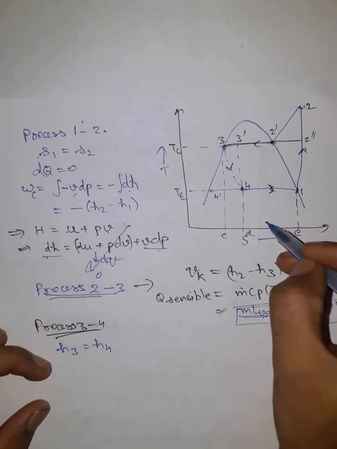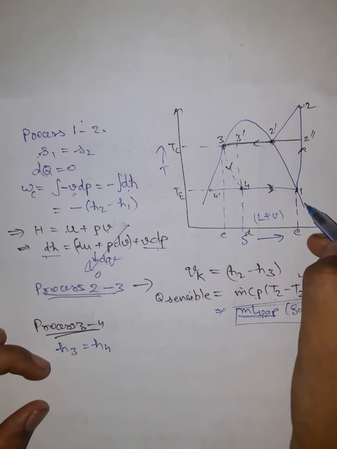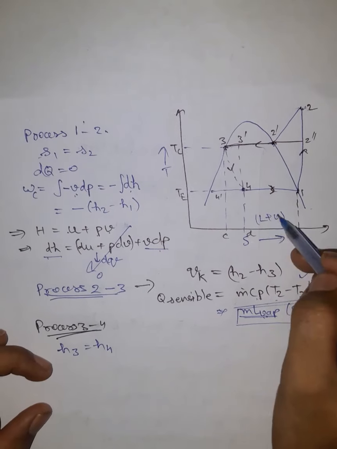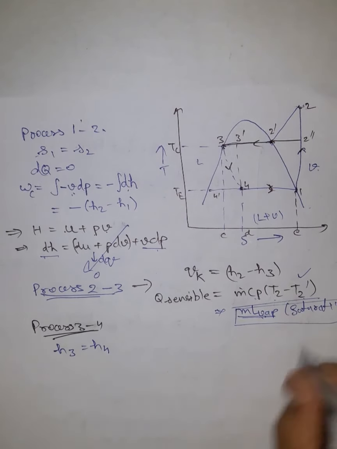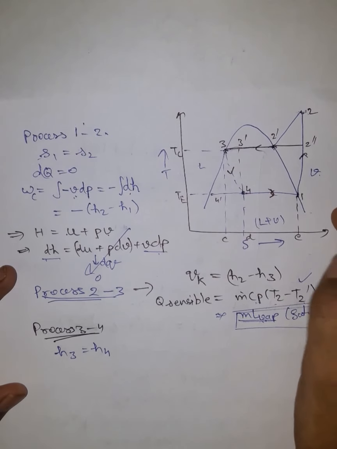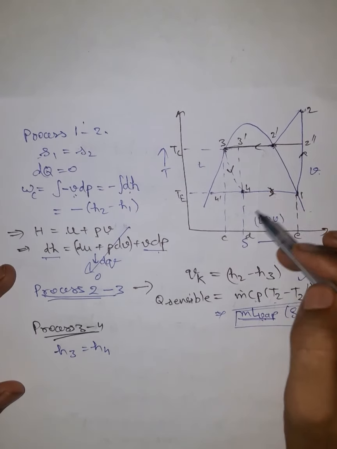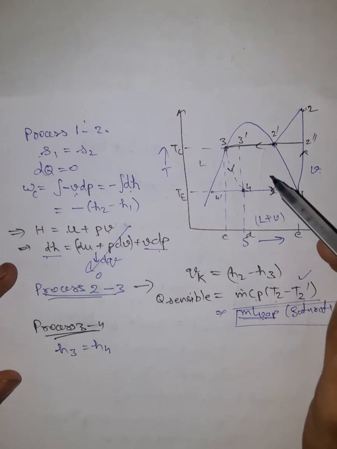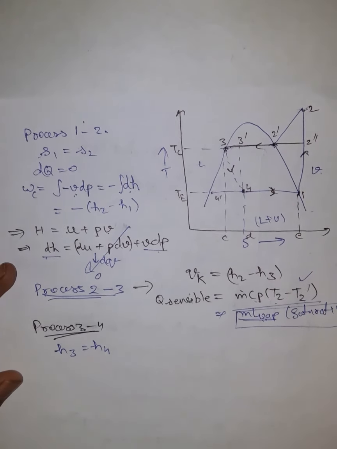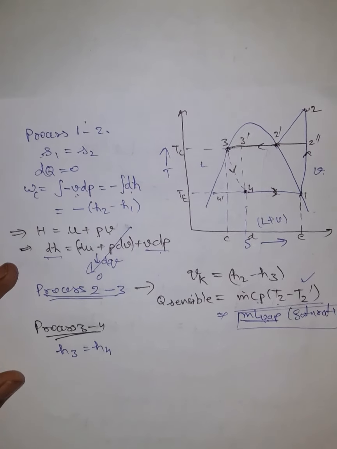This whole region is the liquid plus vapor region that we already talked about. The area under this curve is the liquid plus vapor region. This is the liquid region. This is the pure vapor region, or the superheat region. Okay, so for defining the properties of the substance in this region, we need to ensure that we have two parameters.